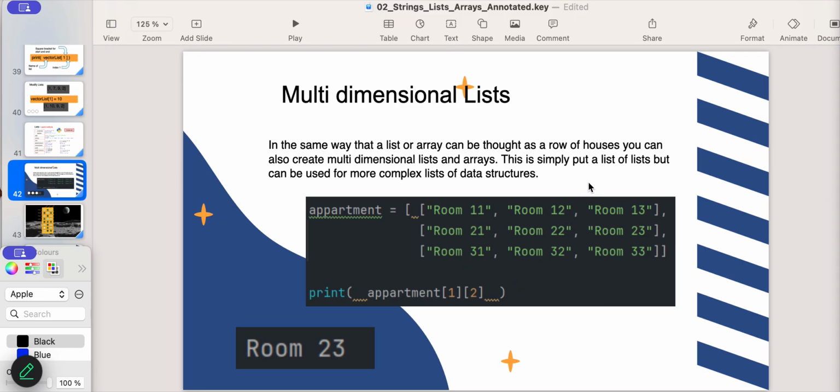So that is all that we have for the strings, lists, and arrays today, and we will now take a 5-minute break. And when we come back from the break, we will be working